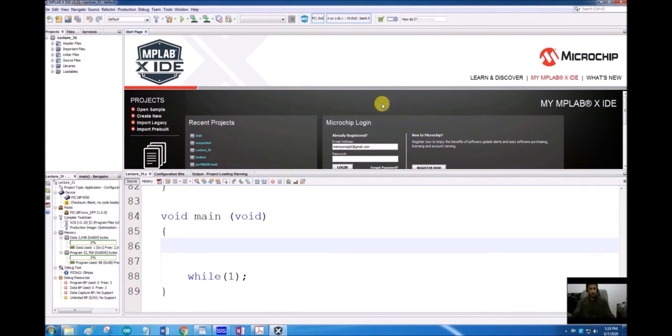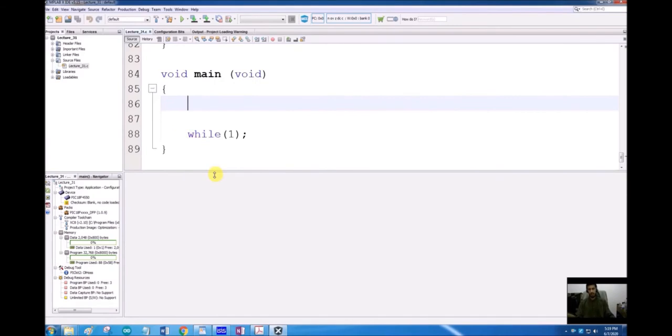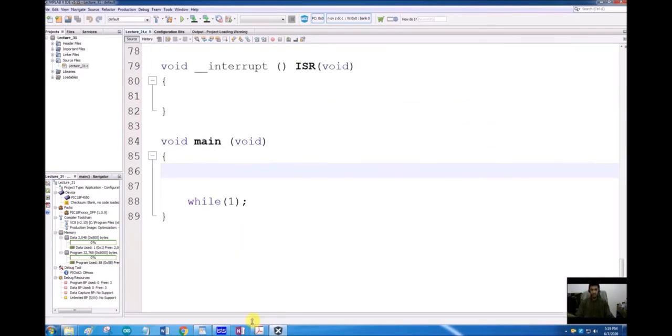A push button will be installed with that external interrupt, and whenever the push button is pressed, we will change the direction of the motor. So let's try to make a code. As we will be using an interrupt, I have already copied an empty interrupt service routine here and an empty main function here.